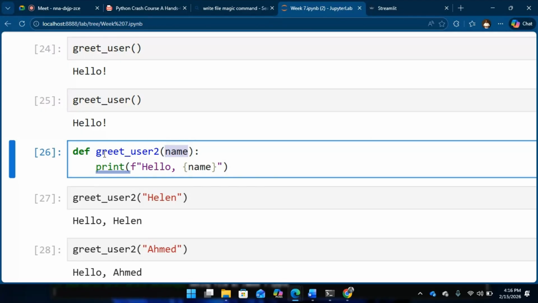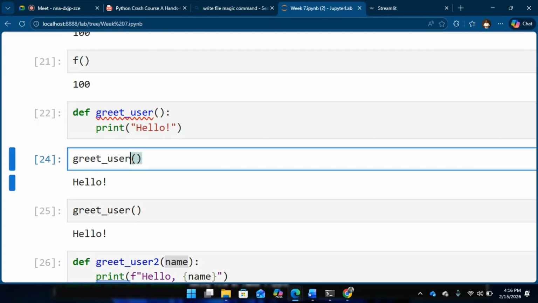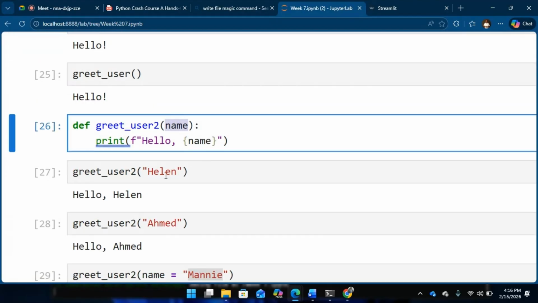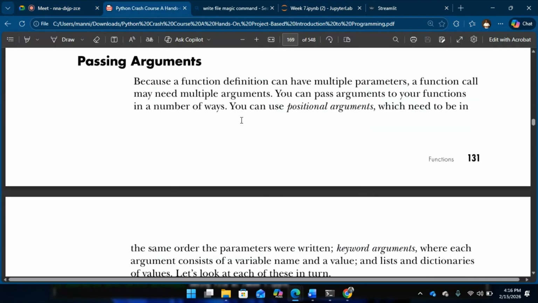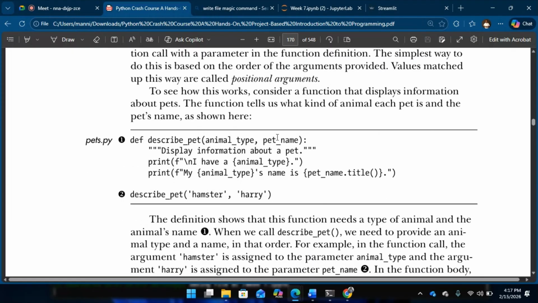There are non-parametric functions like these ones that do not take in parameters, that do not take in arguments rather, right? So this is called the parameter, while the value we pass in is called the argument. Okay, let's continue scrolling. Positional arguments, like what I told you earlier, when you have more than one argument, right,